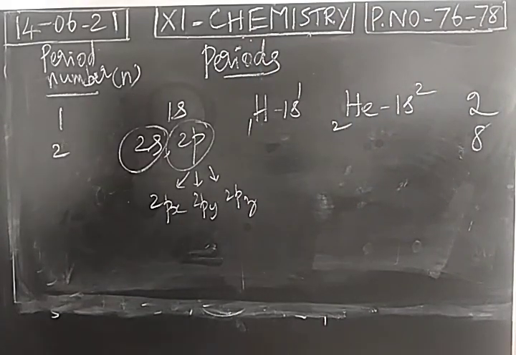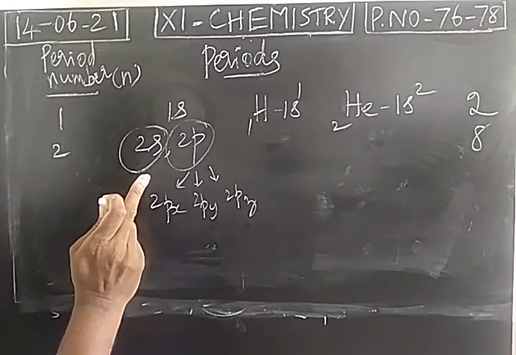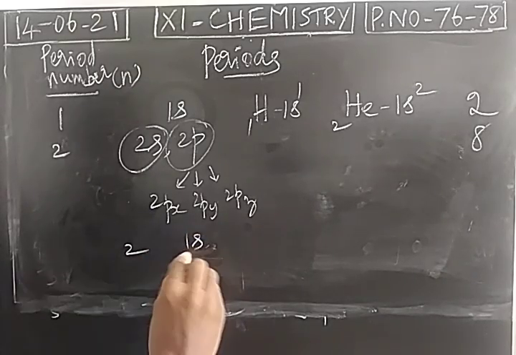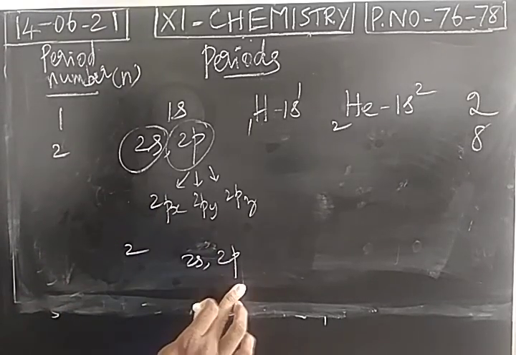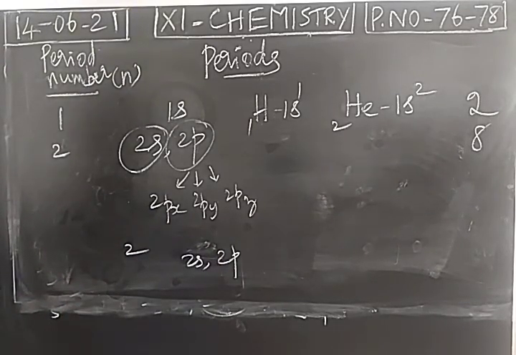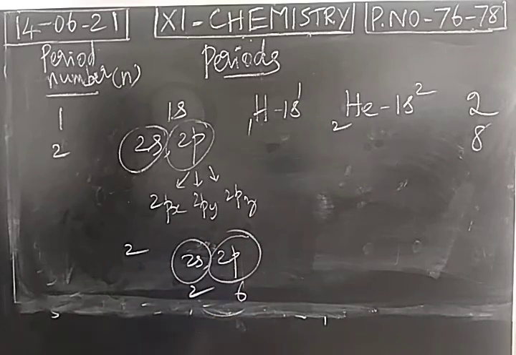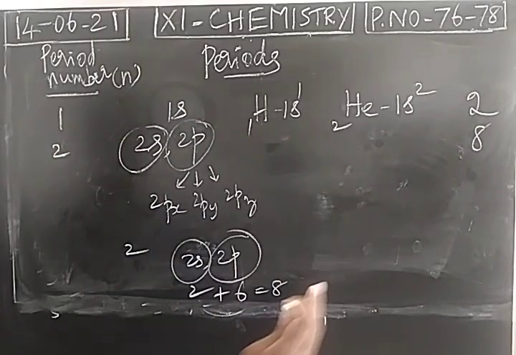Okay, so listen carefully. Second period, that means principal quantum number 2, the shell is second shell. Second shell has only 2 types of orbitals. Maximum electrons in the 2s orbital will be 2, maximum electrons in the 2p orbital will be 6. So 8 electrons can be placed in the second shell. So number of elements placed in the second period, 8.